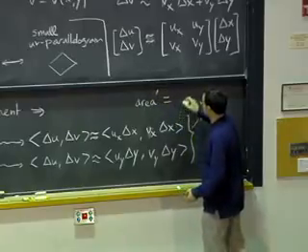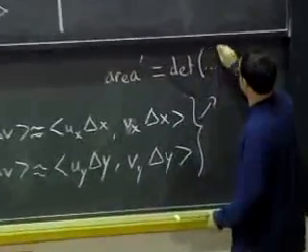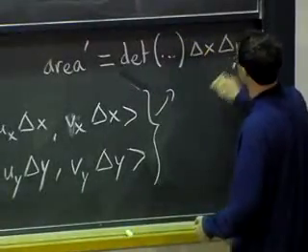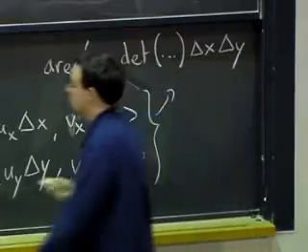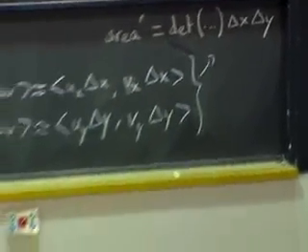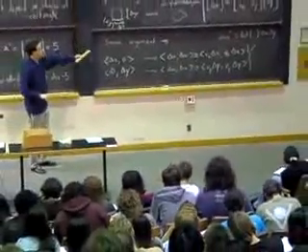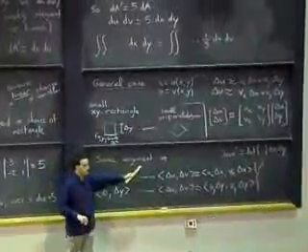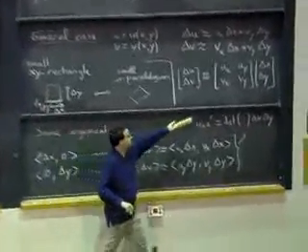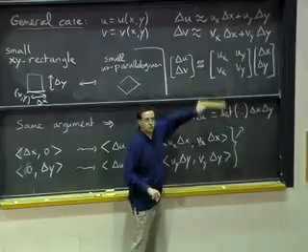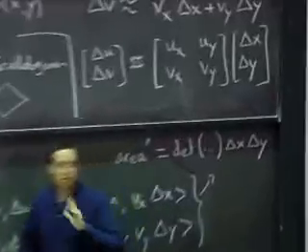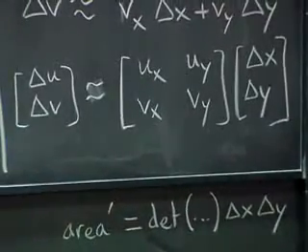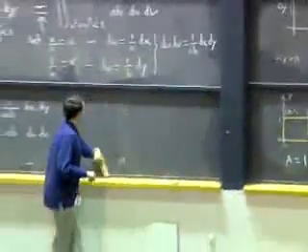So the area in uv coordinates will be the determinant of a matrix times delta x delta y. And so what I'm trying to say is that when you have a general change of variables, du dv versus dx dy is given by the determinant of this matrix of partial derivatives. Okay, it doesn't matter in which order you write it. I mean, you can put it in rows or in columns. If you transpose a matrix, that doesn't change the determinant. Any sensible matrix that you can write will have the correct determinant.